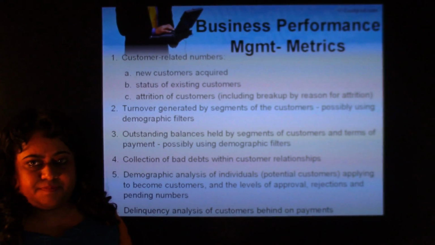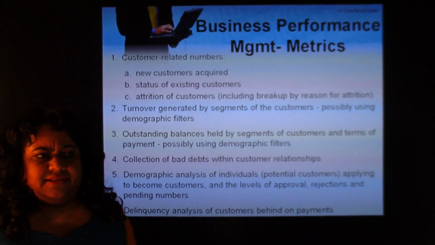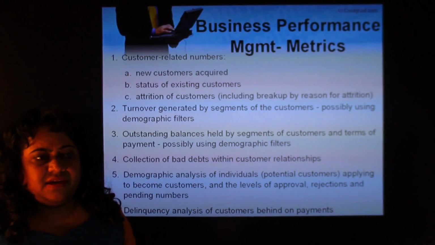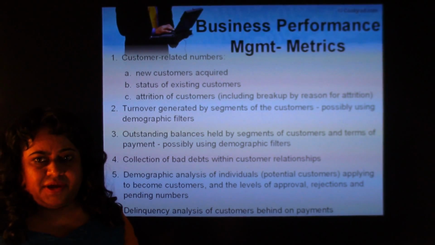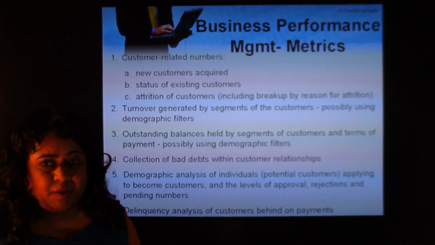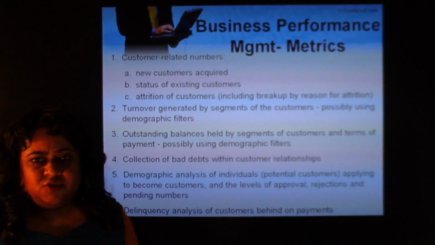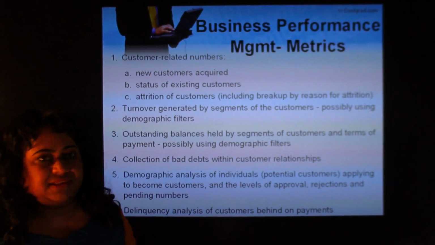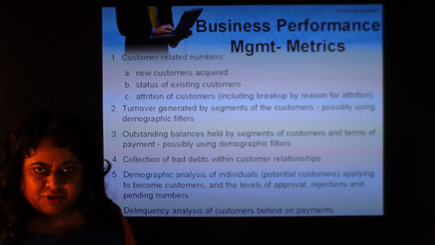Suppose the customer hasn't paid his previous bills and his company is not doing well, he has no money, and then he's asking for credit to buy new equipment. Well, would you trust him? Would you not? You think he's a problem customer, you don't want to have anything to do with him. You have to make all these strategic decisions, and the use of business intelligence and business performance management metrics helps in making these decisions.